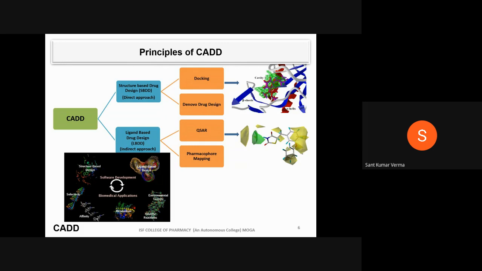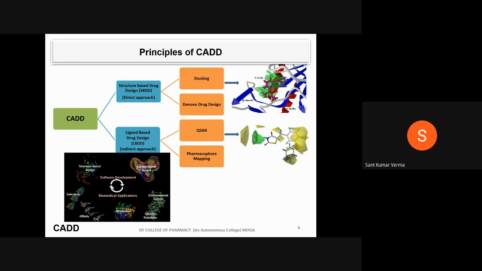Anyone can predict the adverse drug reaction and metabolites. In the structure-based drug design approach, one can predict the selectivity of the target, that a particular ligand is selective for a particular enzyme, a particular target. One can predict the affinity of the molecule based on the